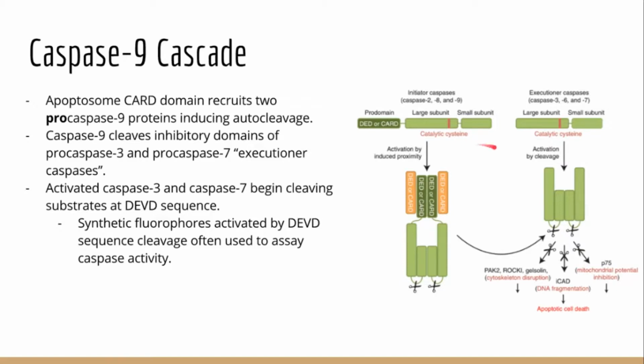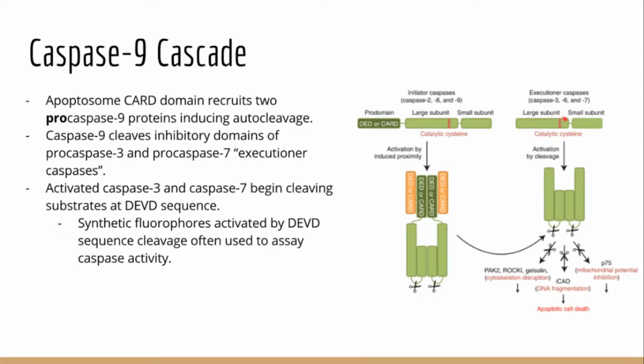So the CARD domain of the apoptosome basically just serves as a platform to bring together 2 caspase-9 proteins to activate them by cleavage. Once caspase-9 is activated, by itself it's harmless, but it does activate executioner caspases. And you can tell by their name, the executioner caspases are going to be pretty deadly. So inactive procaspases 3 and 7 are cleaved and activated by caspase-9. And then they begin the final stages of apoptosis, where they begin mass cleaving proteins at DEVD